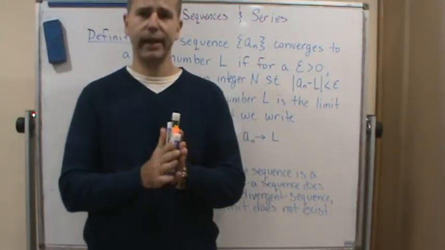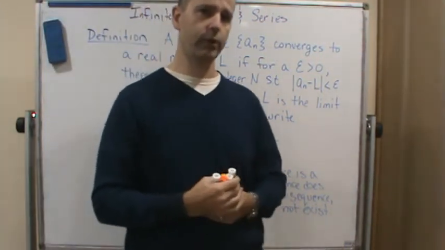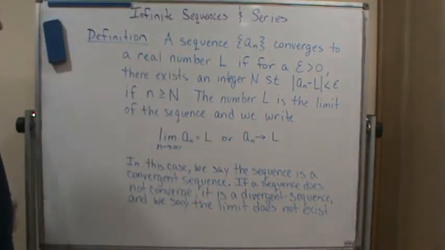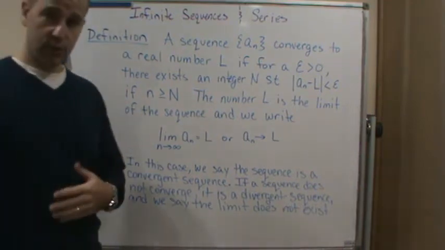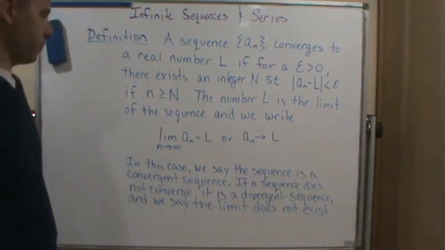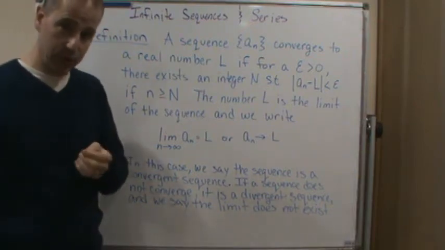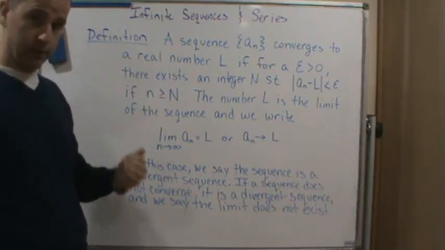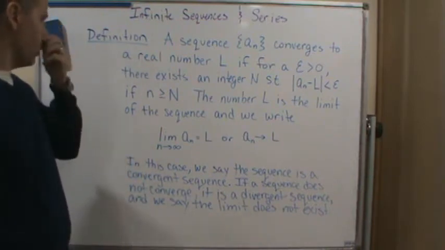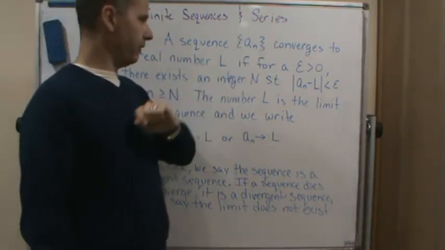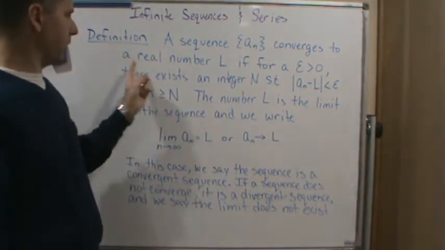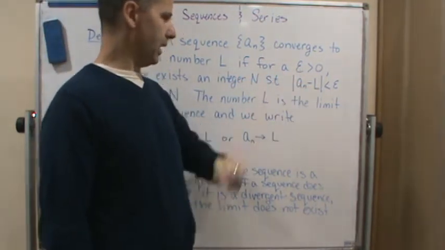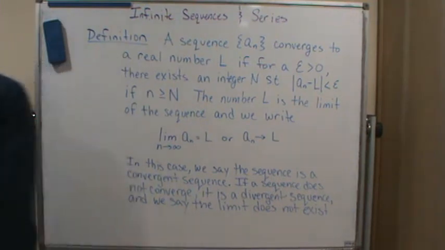Okay, so welcome back, and now for the precise definition of convergent and divergent series. In this definition, it starts out similar but changes quickly. We're going to use more precise language to define what we're talking about as far as a convergent sequence. It says a sequence a sub n converges to a real number L if for some epsilon greater than 0,